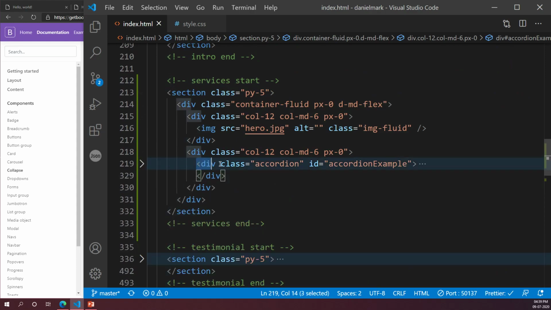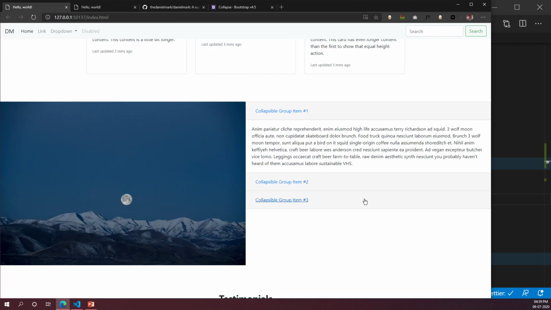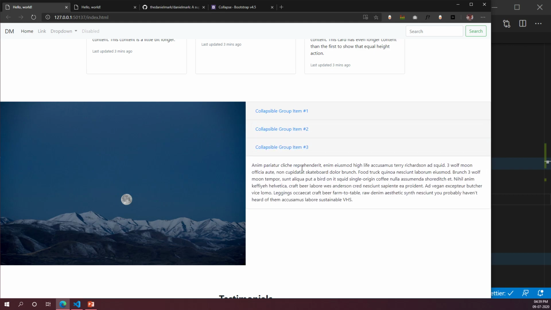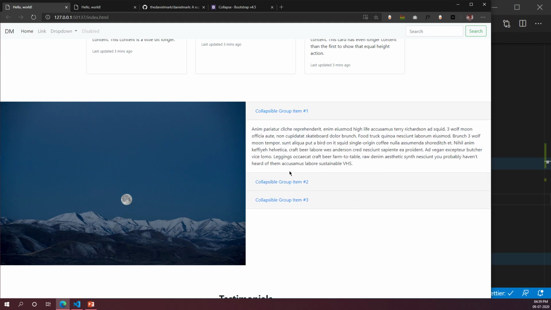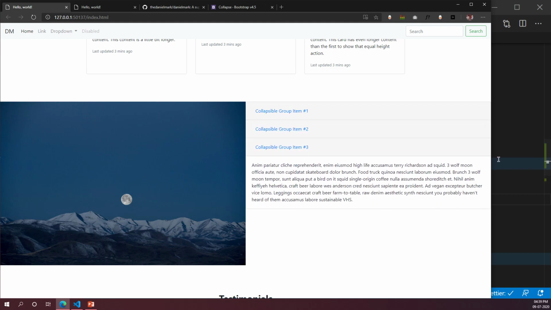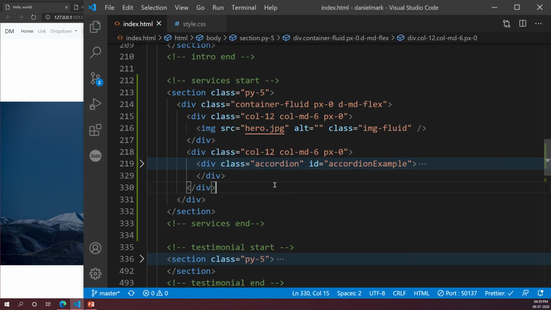So my accordion is in there. All of you pasted the accordion in there. It's going to look horrible. I'll tell you why. It takes up the full width, and we'll fix that in a minute. But for now, this is how it should look. Just let me know once you've pasted it.